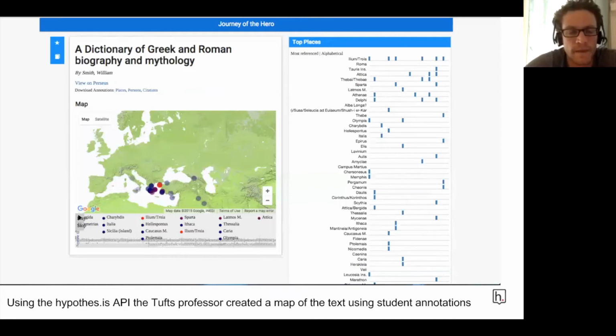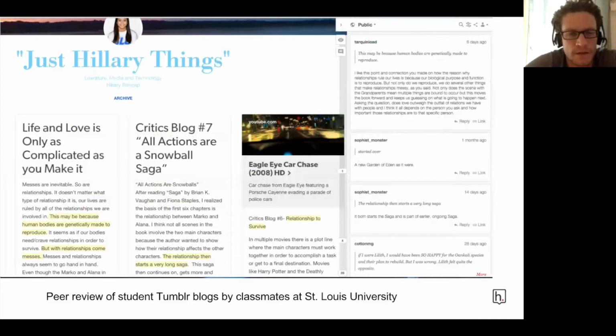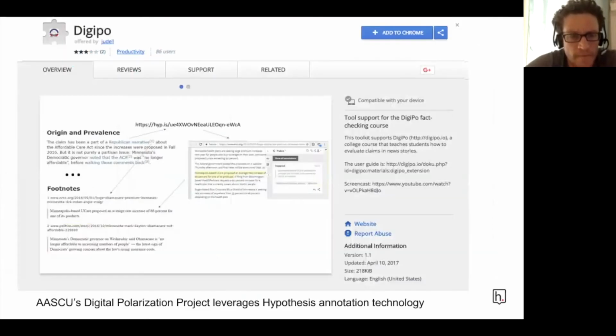And the next one is from the American Academy of State Colleges. Is it one back from that maybe? American Academy of State Colleges and Universities, largely spearheaded by Mike Caulfield at, let me get this right, Washington State, Vancouver, I believe. I always get it wrong. This is his digital polarization project. And so there are classrooms. This is another browser extension that uses some hypothesis technology and some other kinds of technology to mobilize students as fact checkers,